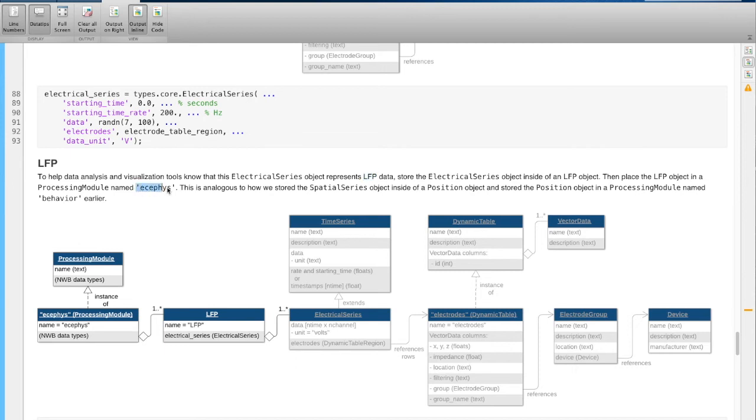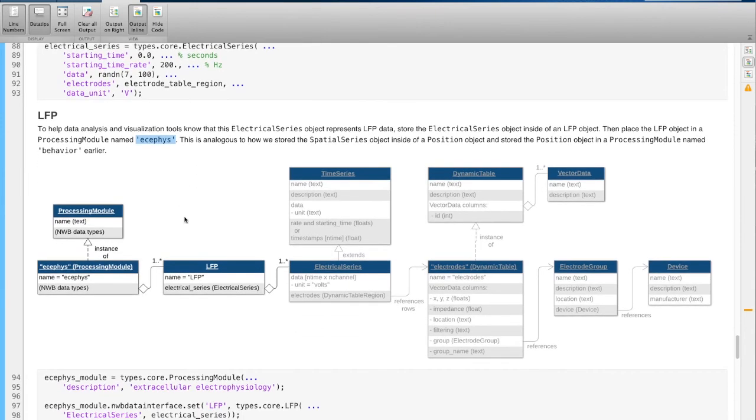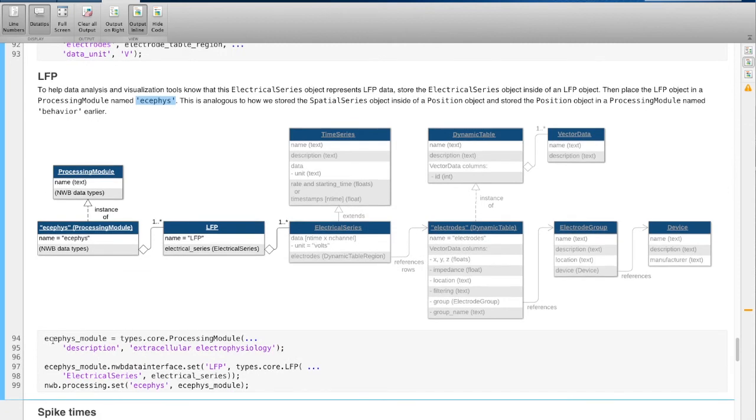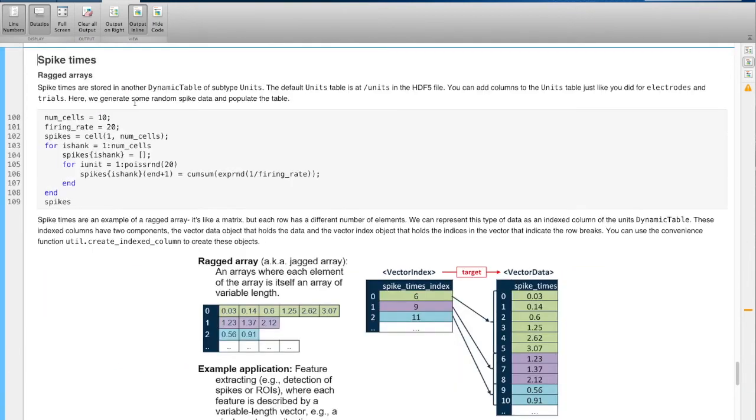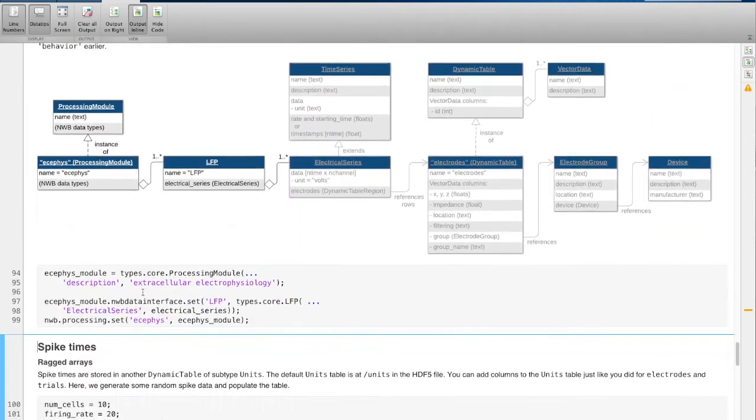We're going to create a processing module called ecephys. And again, this is very analogous to the workflow that we used when we were creating the processing module for behavior. So we already have all of this that's grayed out. We're just adding these 3 new objects. Here we're creating that processing module, that ecephys processing module. Let's see, did I run this cell? Just want to make sure all the cells are run. Okay, and then here we are creating the,